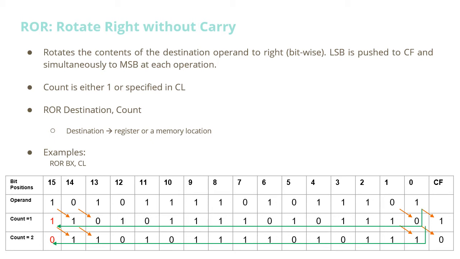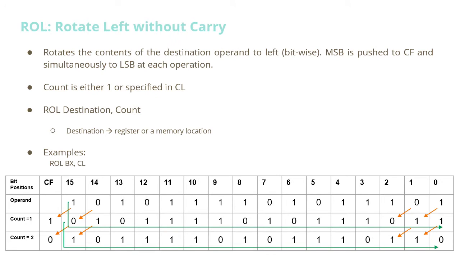The bit in position 0 will be shifted to the carry flag, and to the newly introduced MSB position, the previous value in the bit 0, that is here in this case it is 1, is getting inserted. During the next operation also the same thing repeats, and to the newly introduced bit position of 15, the previous LSB, that is in this case it is 0, will be getting inserted.